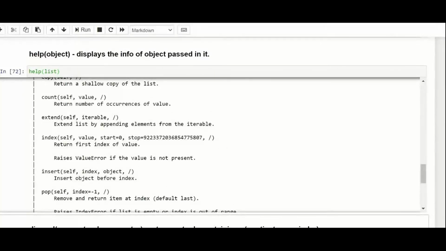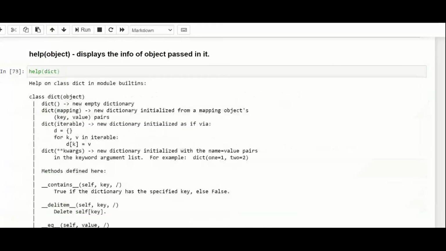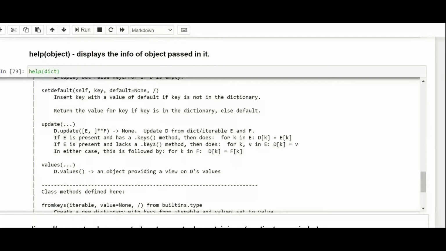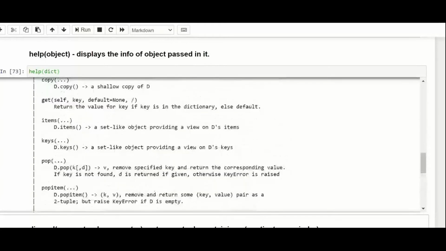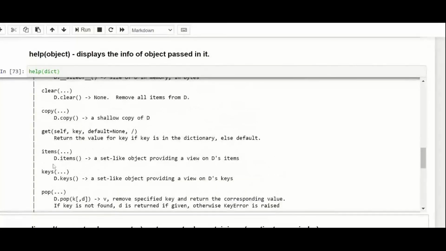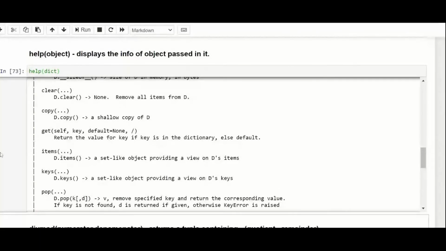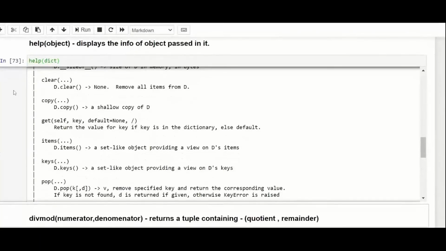So you can use the keyword help, and in brackets write what you want the help for. If I say dict here, that is dictionary, it will provide me the help for dictionary, that is clear, copy, items, keys, pop.